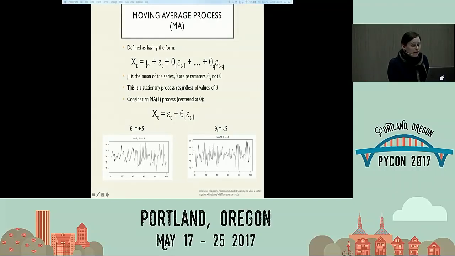So the one on the left is basically saying, well, if I had this positive, this is going to be positive too, this tends to make it bigger, right? If this tends to be smaller, they tend to counteract each other. Versus if it's negative, that's a bit like having a negative correlation, right? It's like saying if this one was high, I'm going to go low. And so you end up with a more jagged, jumpy process.